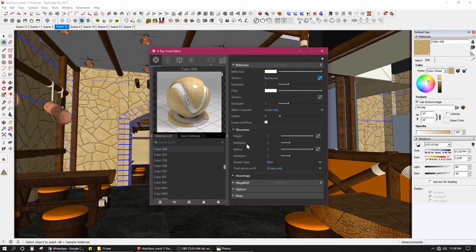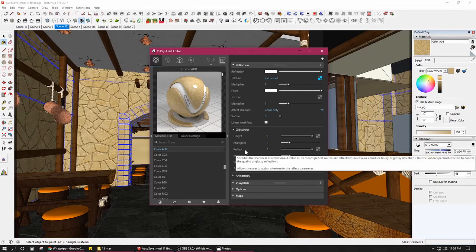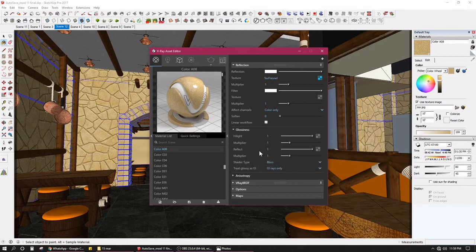Now in glossiness there's highlight and there's reflect. So I reduce the highlight to around 6.4, and the reflect I reduce to around 0.5.